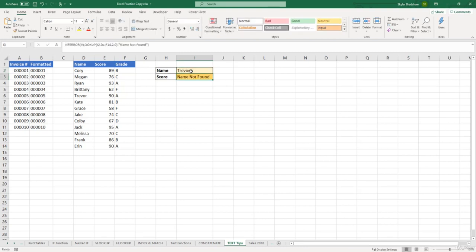it says that the name is not found. But over here in our name column, Trevor's right there. So why is the VLOOKUP function not returning 90? Well, if we take a look at this cell, it looks like the name is spelled correctly, but if we double click, we can see that there's a trailing space within this cell. And since we typed in Trevor up here without the space, the VLOOKUP function is not finding a perfect